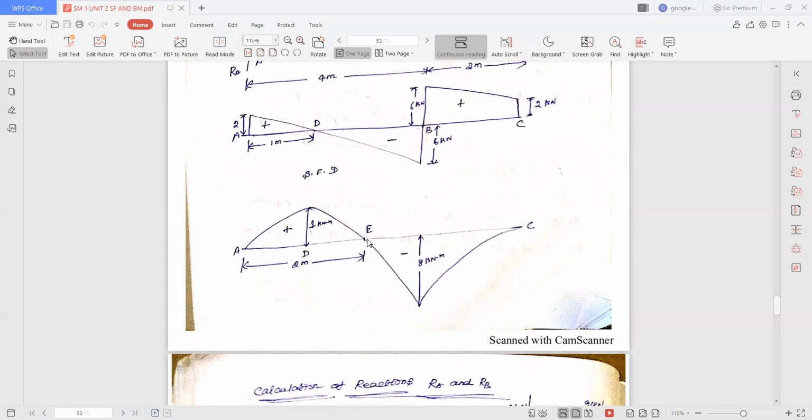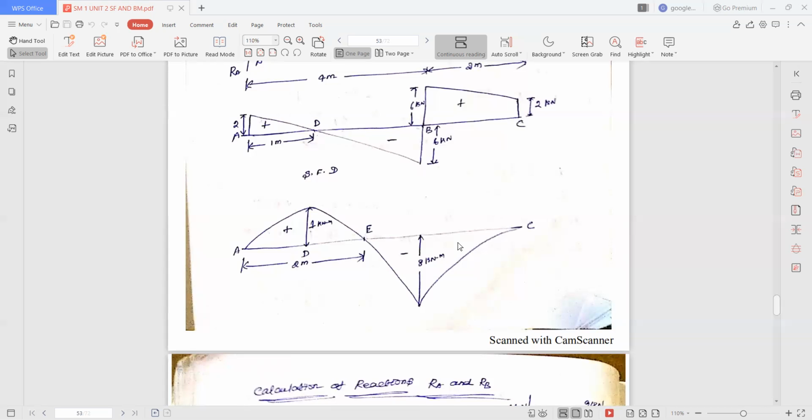Somewhere else, at point E, you will get the bending moment as 0. That point is called the point of contraflexure. Then at point C, what is the bending moment value? This is a simply supported or free end, therefore the bending moment value is 0 obviously. So this is 0 and this is minus 8 kilonewton meter. Since the UDL gives a parabolic variation, from minus 8 to 0, I get a parabolic curve.